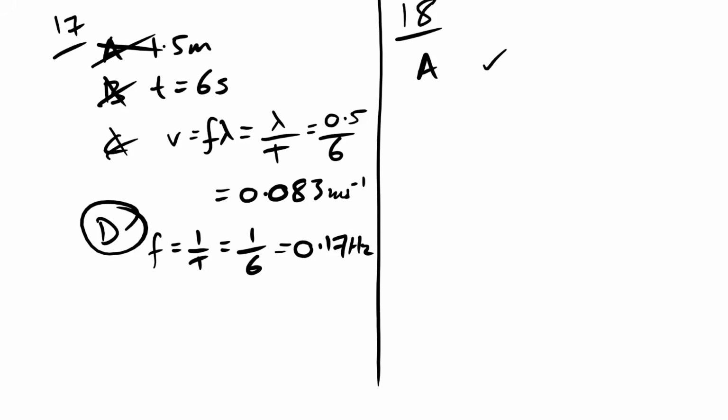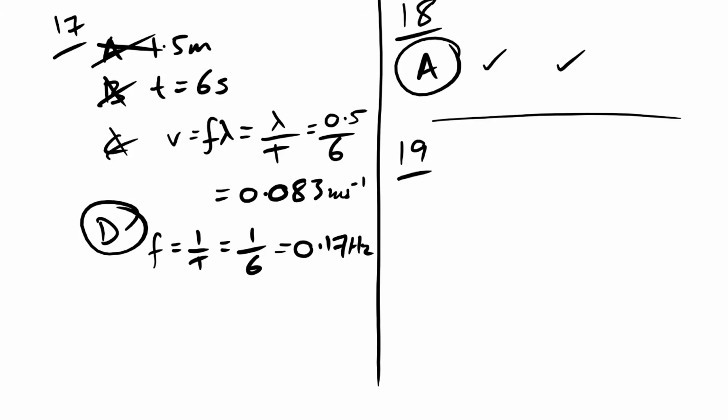That's true. P has the same amplitude as Q. Yeah, that's true. That's going to be our answer. Yay! So P and Q are going to be in phase, with the same amplitude. R is out of phase with P and Q, and it has a different amplitude from both of them as well. 19, diffraction grating. Okay, so we know that we're going to be writing down n lambda equals d sine